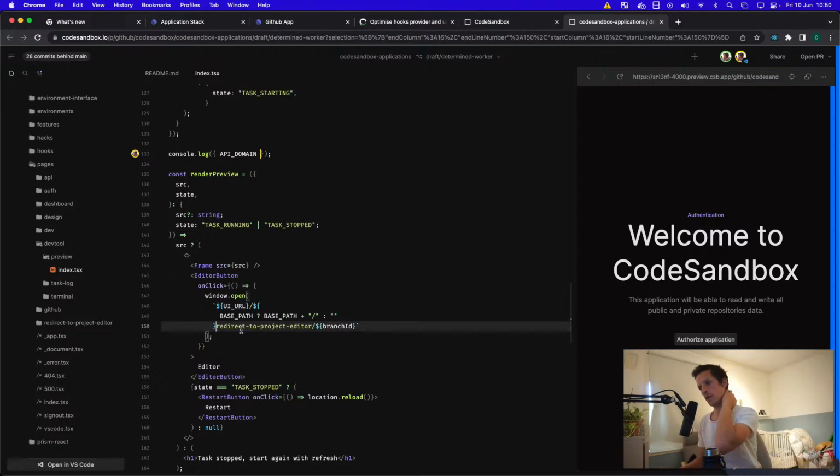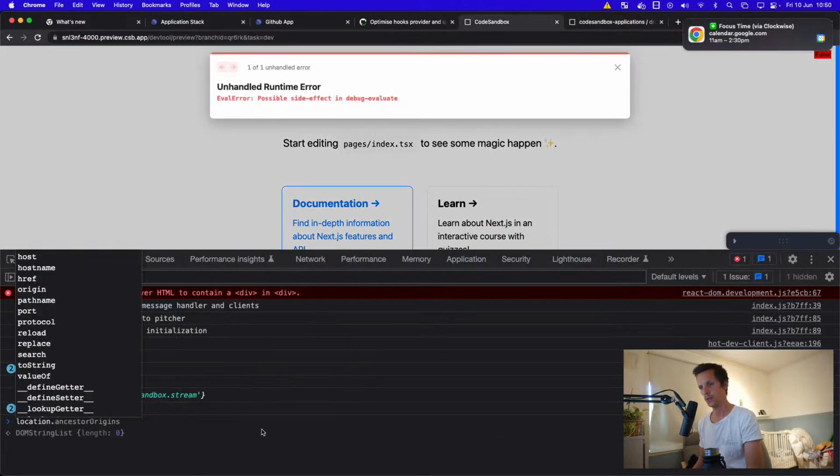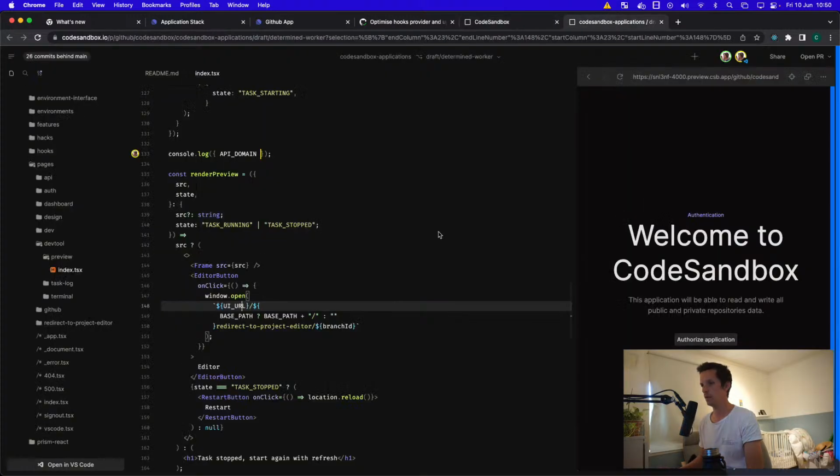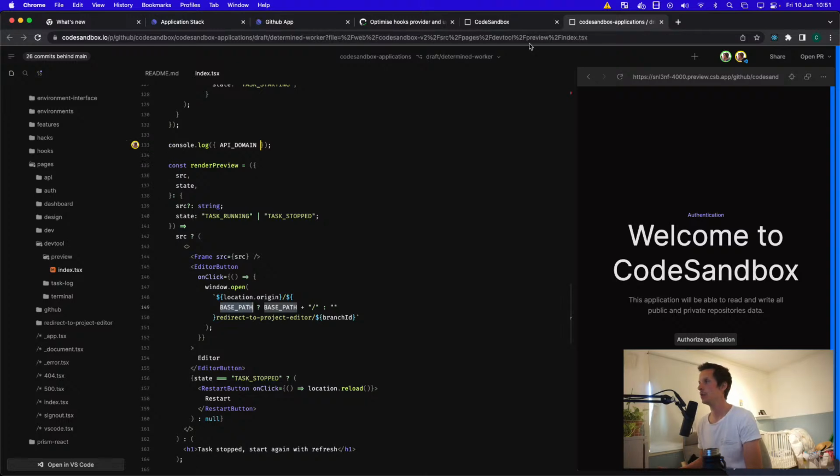Do we have a base path? So I think we can use location. This is confusing. Location, what was it? Not domain. What's it called? Host name? Origin is the one I want. Location, origin. I might need a P there. And I think that will be resolved by this. Something to test. Okay, so if I save this now,